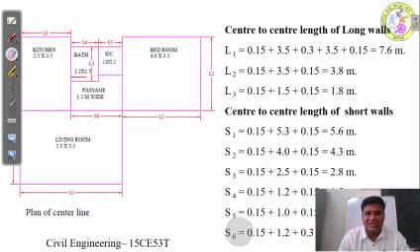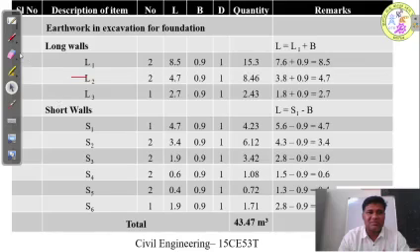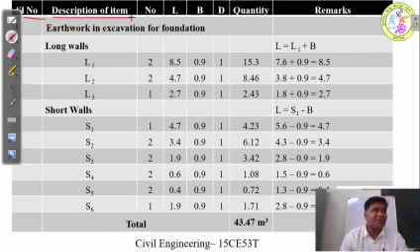So we have calculated the center to center line distance of all the walls. Next, draw the tabular column in this form. The first column consists of serial number. The second column is the description of the item, meaning the name of the item and the specifications. In the next columns, the number of walls or numbers, and the length, breadth, and depth of the item, and finally the quantity.